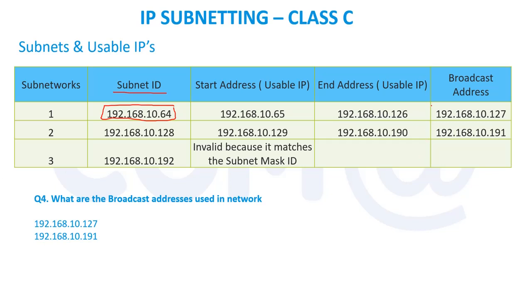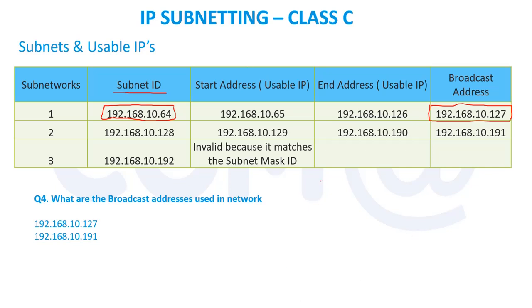And each subnet will have a broadcast address. This is a standard, even for bigger networks. If you take even a big network in class A, each will have its own subnet ID and broadcast address. This is going to broadcast the information within this network. So without broadcast, you cannot form a network, because broadcast is the function which helps you reach the machine wherever it is. If you don't have broadcast, then it is very difficult to find out where the machine is.